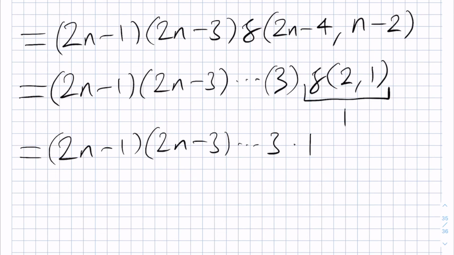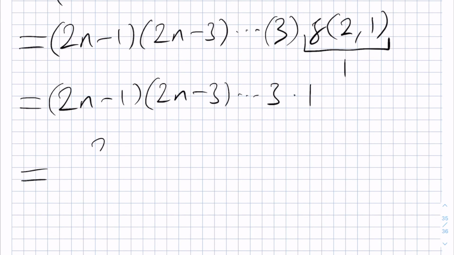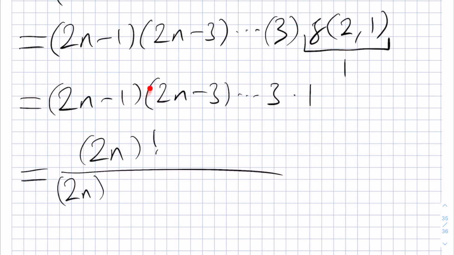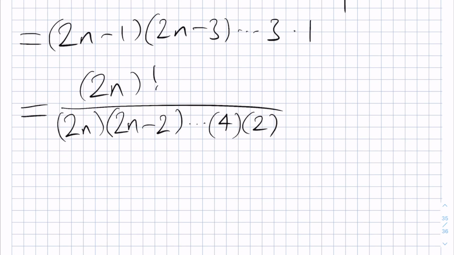This is acceptable as a final answer, but this can be tidied up by noting that this is equal to 2n factorial and then filling in the missing numbers. In particular, we have a 2n here that is missing, and then a 2n minus 2 here that's missing, and so on. In between each of these factors, we have a missing factor all the way down to 4 and then 2. We can then take a factor of 2 out of each of these things here, and we'll have